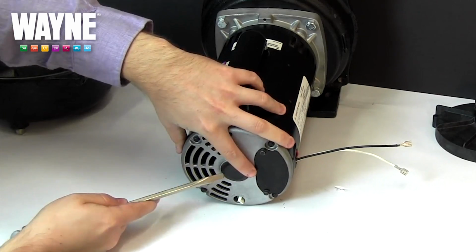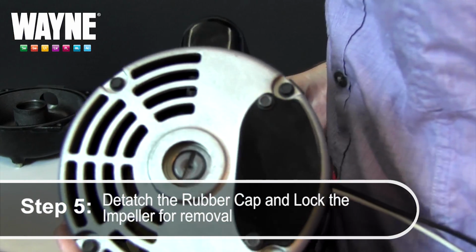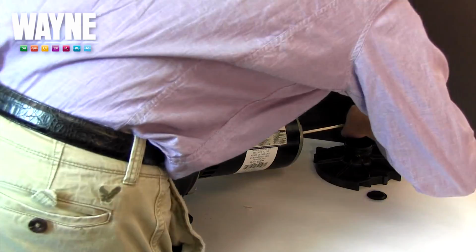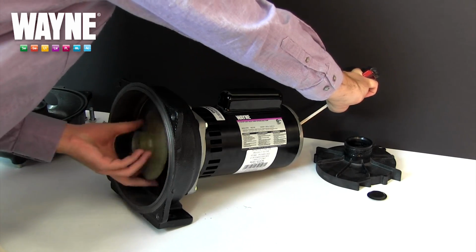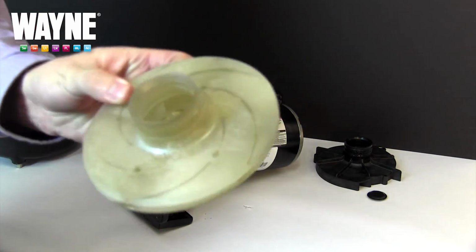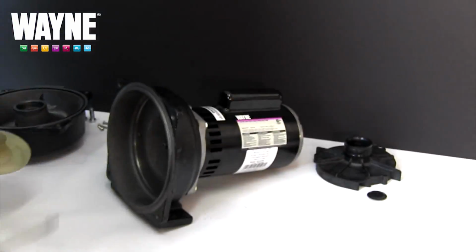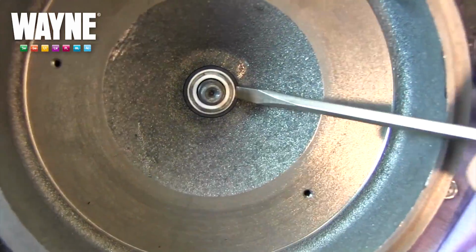Using a flathead screwdriver, pop off the center rubber cap, revealing a small crevice wide enough for the drive shaft to be held still with the flathead screwdriver to prevent it from turning. Lock the back from spinning while you unscrew the impeller. With the impeller removed, it should have come out with half of the shaft seal, leaving only the other half to be removed. To save yourself some trouble later, you can attempt to pry out the shaft seal with a